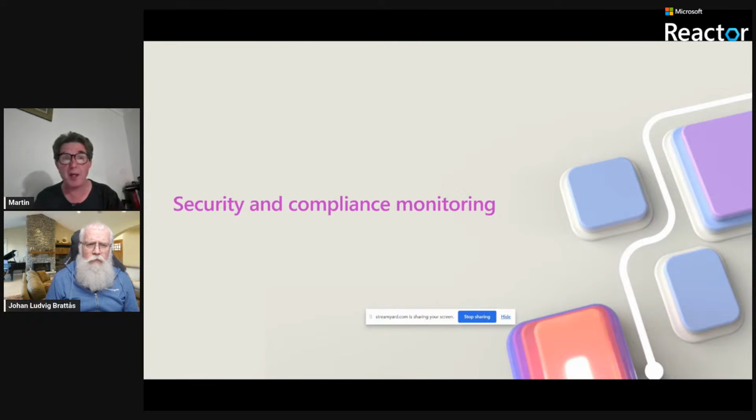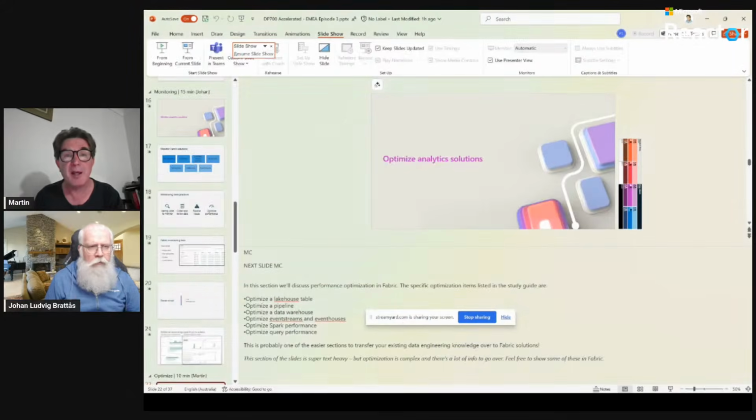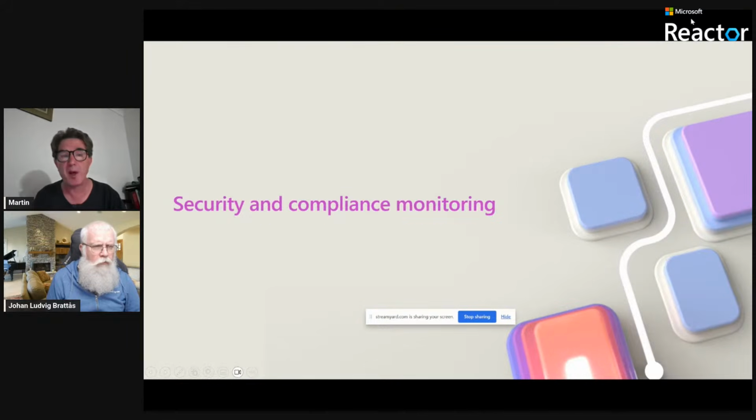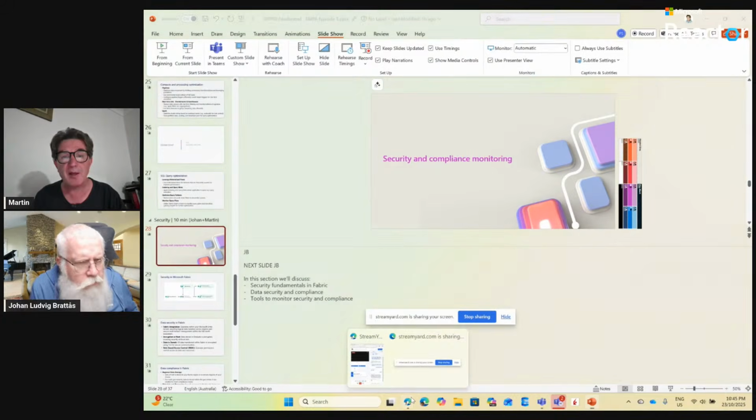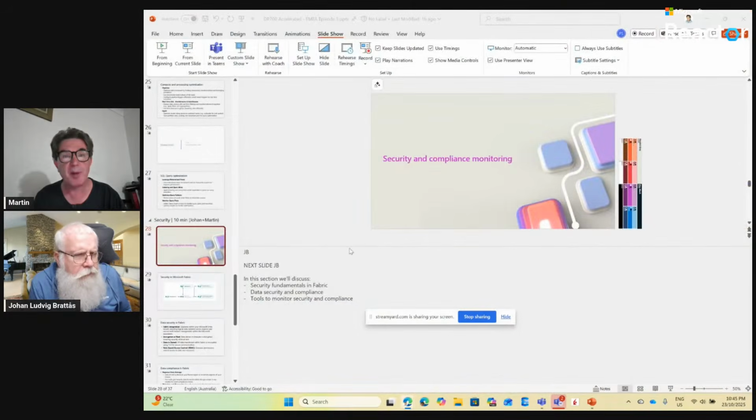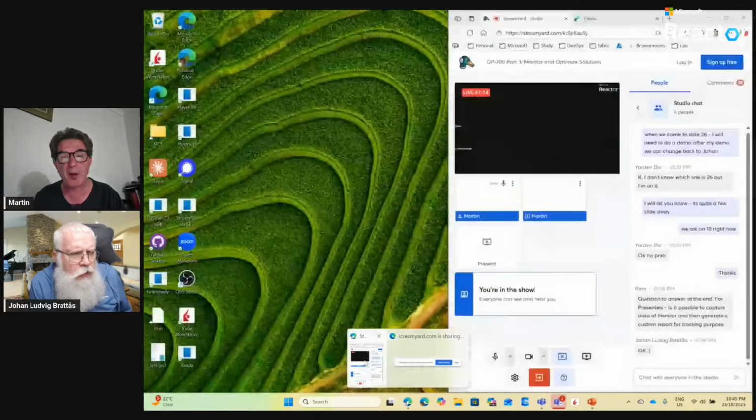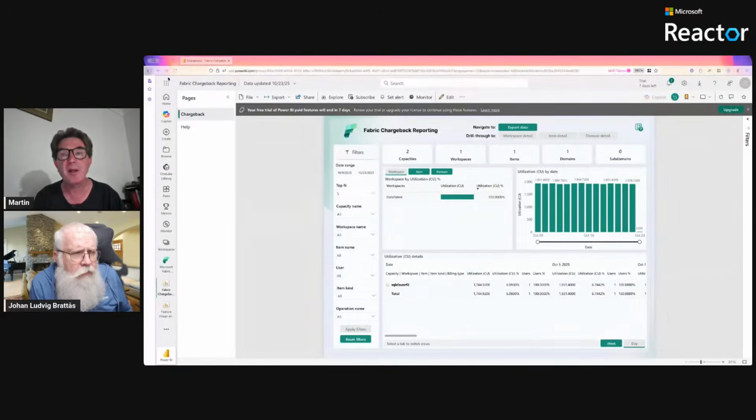So before I go on to the security and compliance with Johan, I'll just dip into my Fabric capacity and show you where to go. So Johan, I'm just going to go over to my Fabric instance, and if you could see my screen, okay, because I've got, you can, okay. I'm just going to dip into my Fabric over here, and we'll look at where we can see those Spark